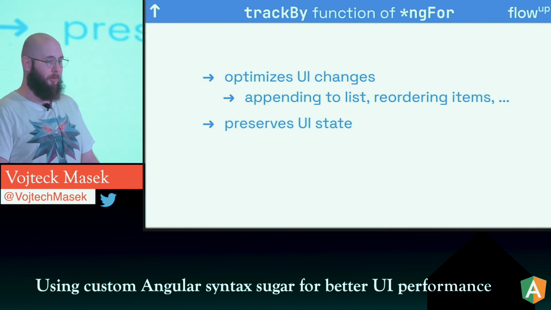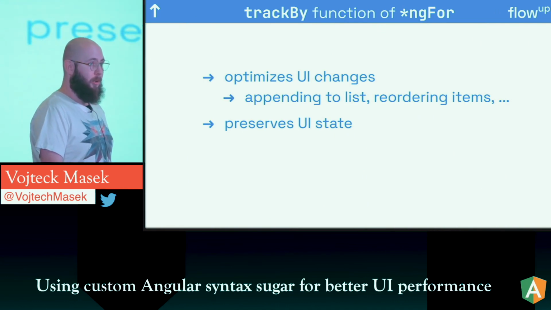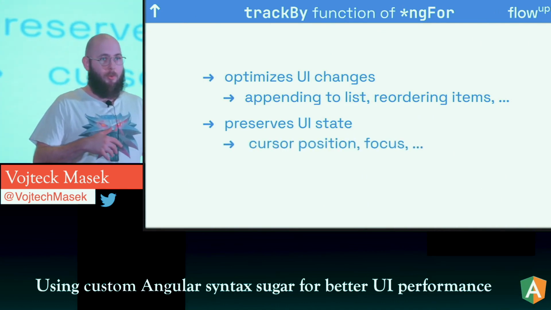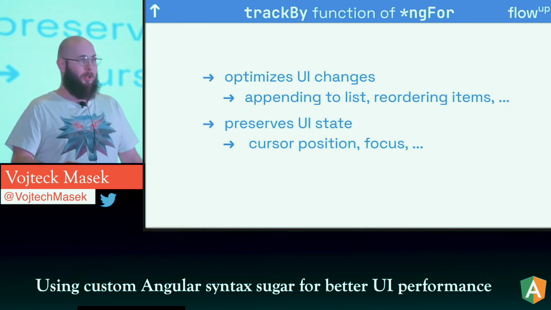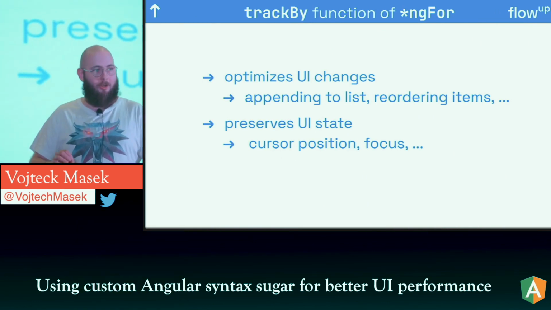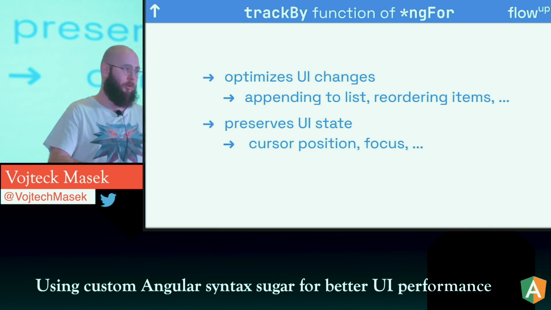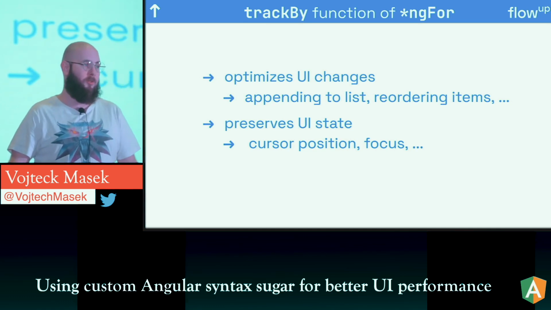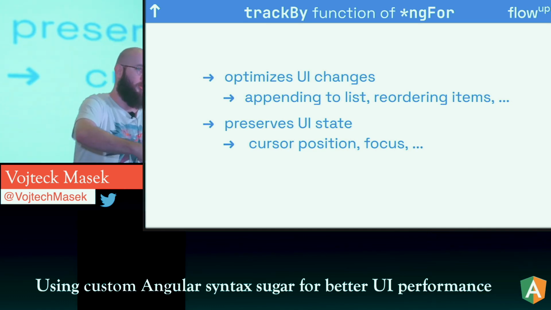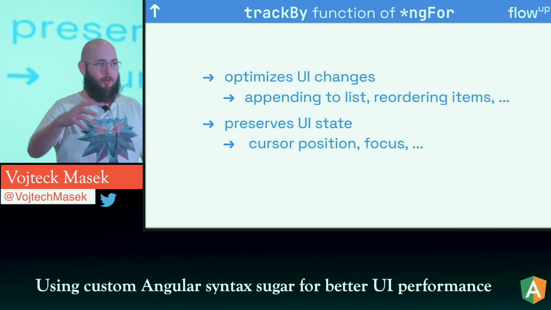It will preserve the UI state. You can basically implement things in a way where your cursor position won't change, or your focused element will be the same, or you will stay scrolled down